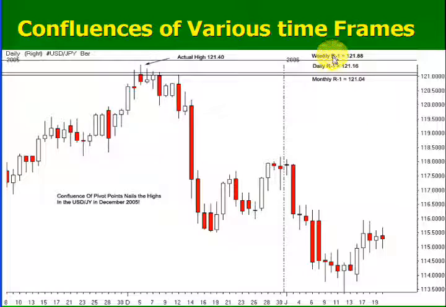The weekly resistance, R1, was 121.88. The daily R1 was 121.16, the monthly number 121.04, and again the actual high here was 121.40. So we're looking for something to give us a sell signal. Now, if the market's truly bullish, what should we see? If the market is truly bullish, what should we see? We should see a higher high